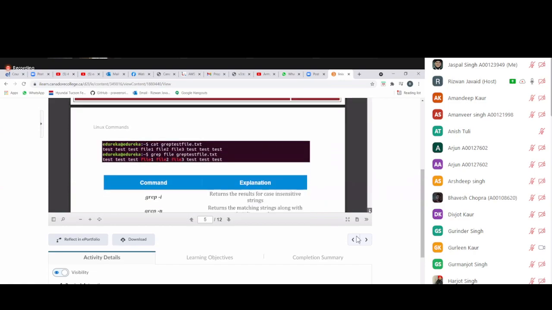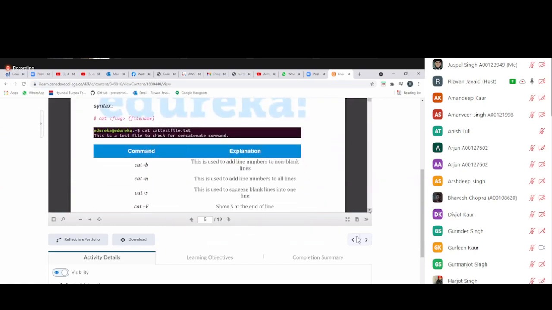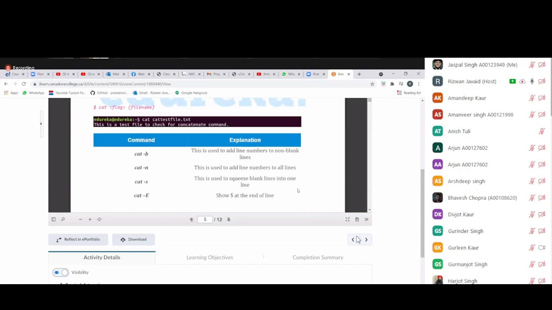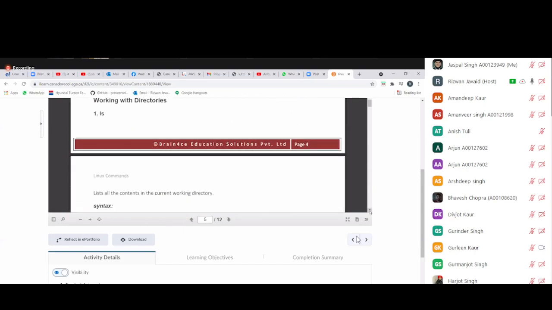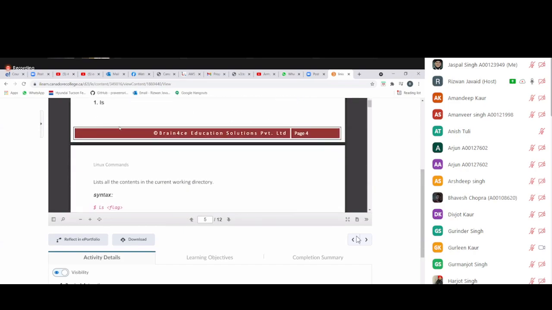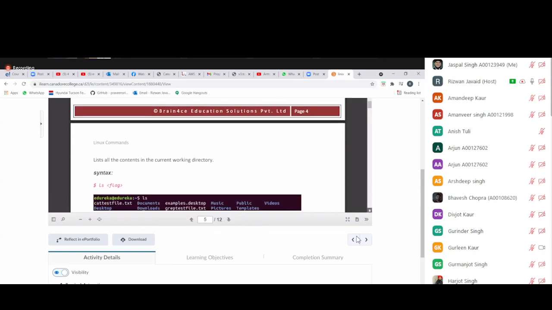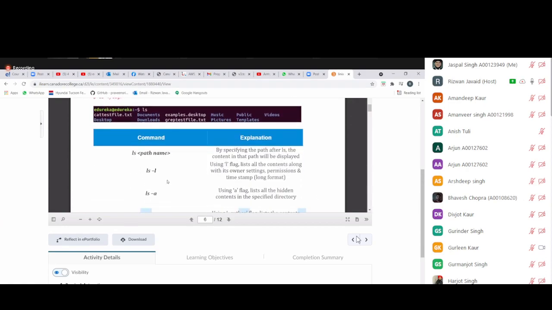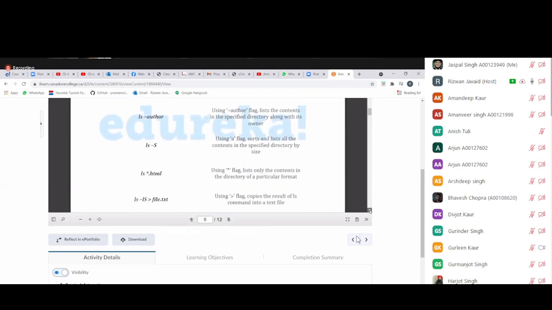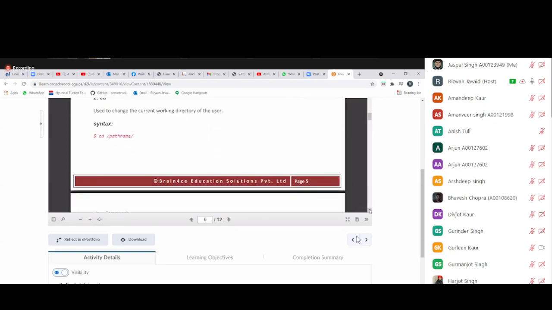We have not seen the grep command yet. The cat command: when I want to see the content of a file, I use the cat command. ls: most of the time we use the ls command when we want to see the content of directories. And then ls -l gives more detailed information about the directories and files, such as the ownership.